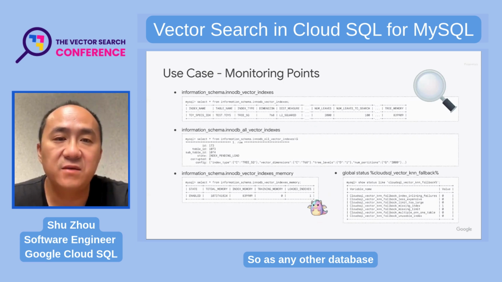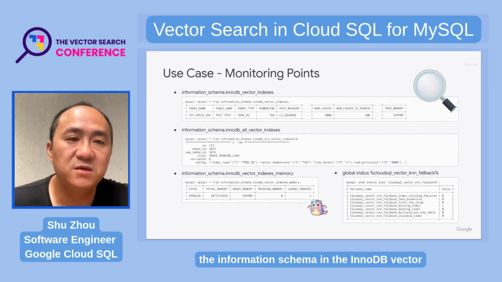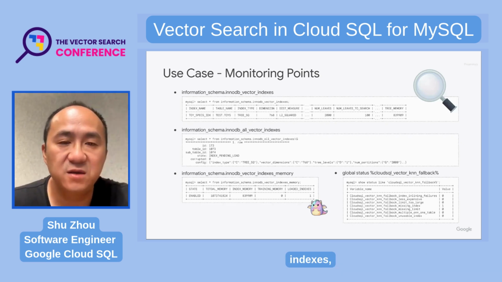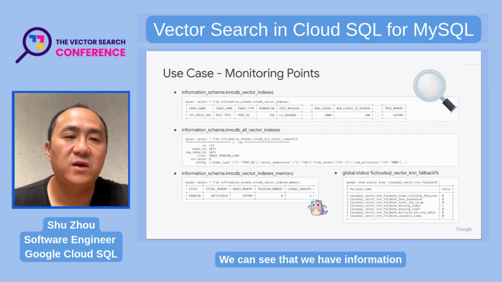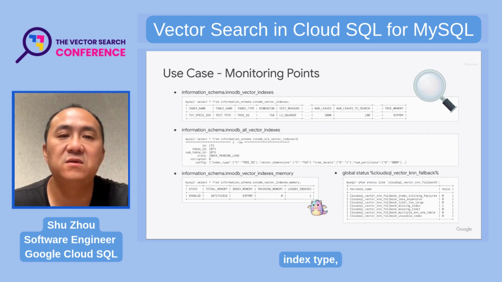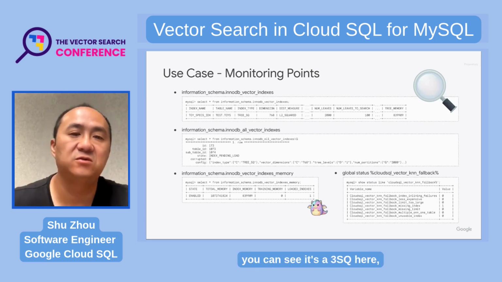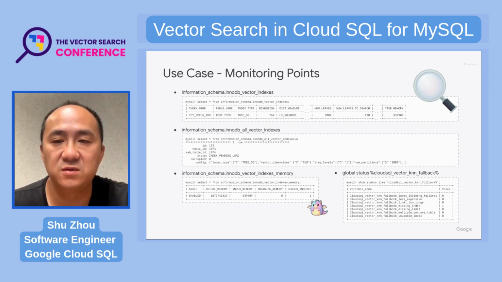As with any other database feature, we also have monitoring points. In this one, the information schema InnoDB vector indexes is very similar to InnoDB indexes. We can see information about the index name, what table it belongs to, the index type, which you can see is a tree SQ here, the dimension, distance measure, and all the other important